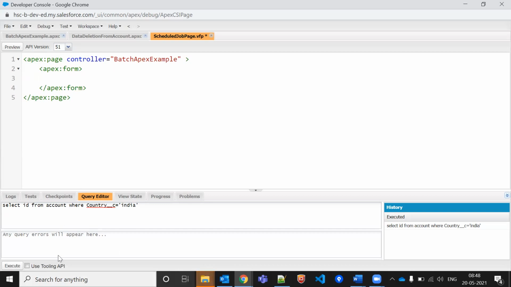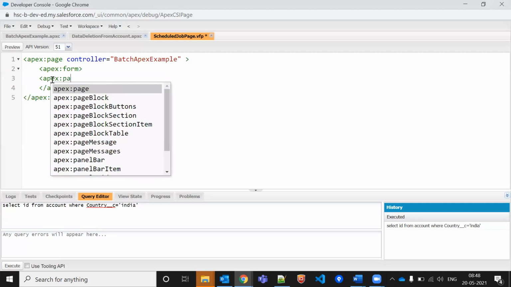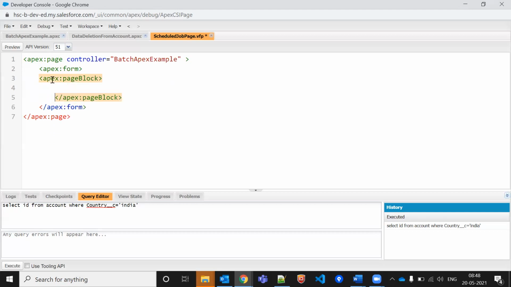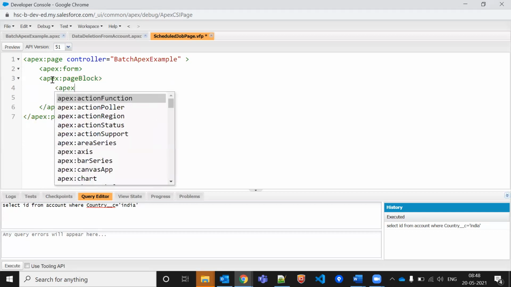One second. Sorry. So yeah, so let me just create a page block. And after that, we'll do the page block table.